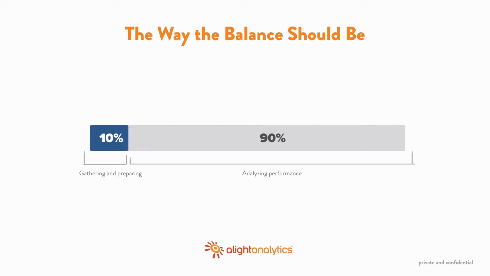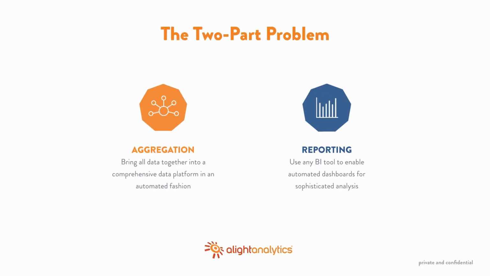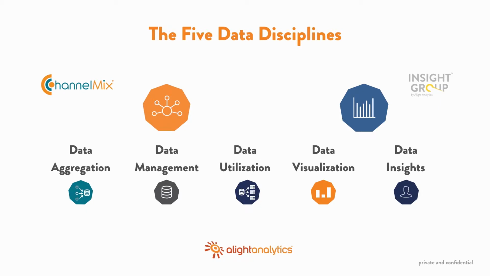And the way we approach this problem is by realizing first that you don't just have one problem, you actually have two problems. First is data aggregation. I've got to bring the data together and put it into a form that I can actually use for analytics. And second, I've got to be able to report on the data. The way we think about approaching these two problems is to break it up into a couple of different pieces.